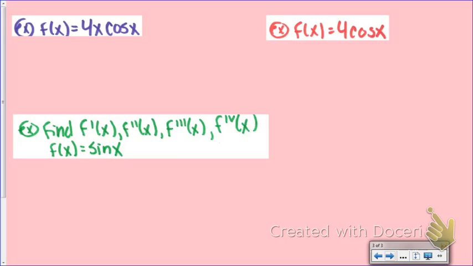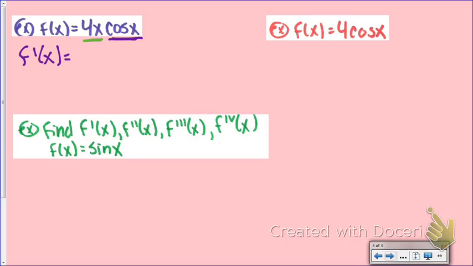Okay, so now we're going to do a couple more examples using what we just learned about the sine and cosine derivative. So now I have 4x times cosine of x. And normally I wouldn't be able to figure out this derivative unless I use the product rule. Because the problem here is I have two separate functions. 4x is a function, and then the cosine of x is a function. So the only way I can find this derivative is using